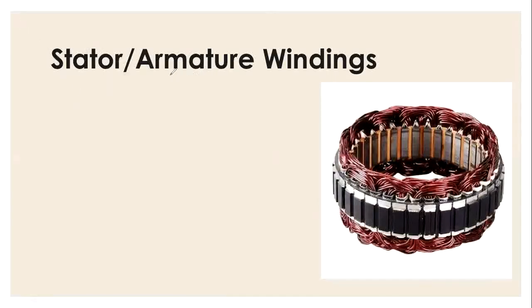Now let's see what the stator or armature winding is. Stator or armature windings are the windings that are generally placed inside the slots. As in the previous figure I have shown, there were slots on the armature core, and inside them we are going to place the three-phase stator winding, which will generally be connected in star. What is the material used to make this stator winding? Usually we use copper, or we can also use aluminium. The best material is copper.